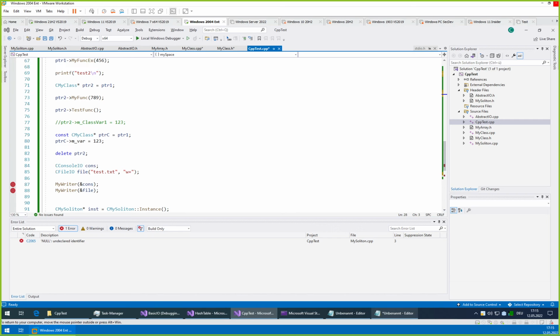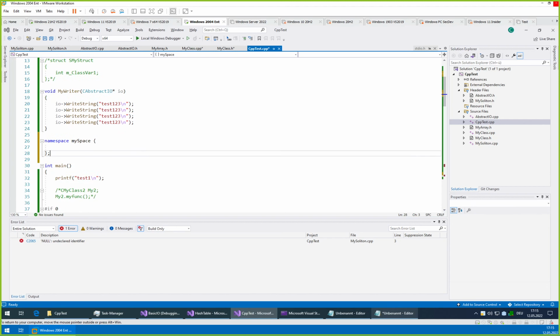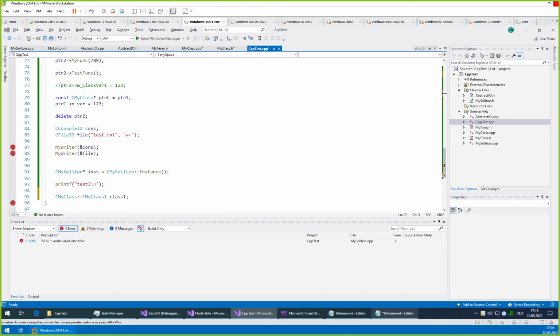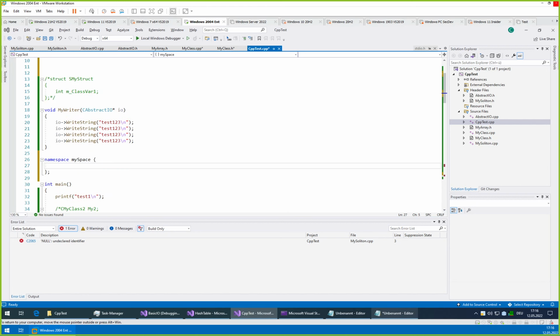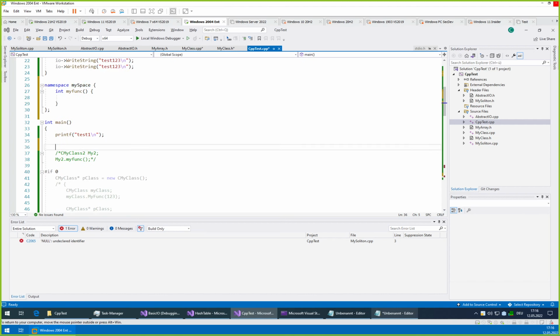Okay, so to continue, in C++ you can create your own namespace just by typing namespace, and how you access it is very similar to a class. So if you want, let's put a function in it, int myfunc. And if you want to access this function in the namespace, you just write, let's do it at the top here, your namespace and two colons, and then you can access the function. As simple as that.